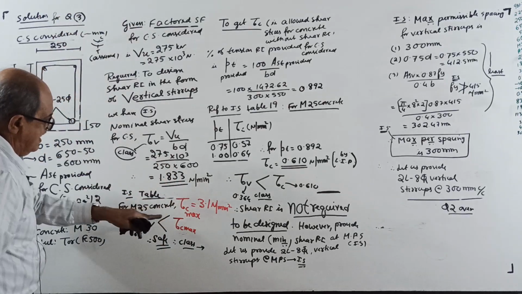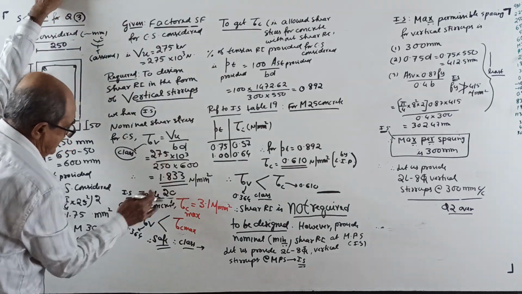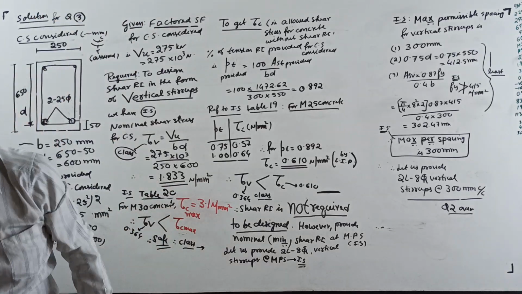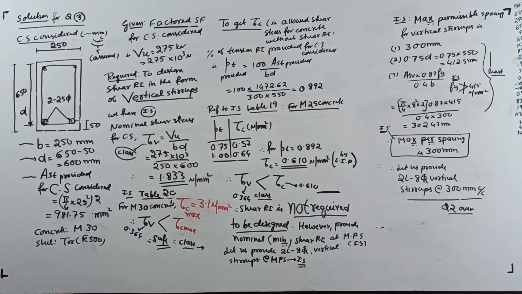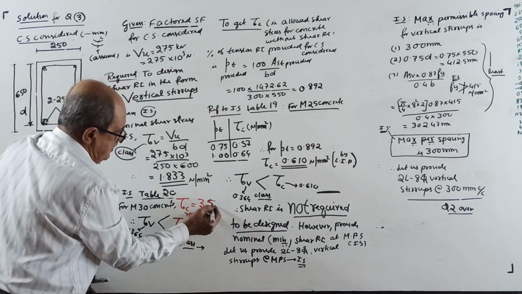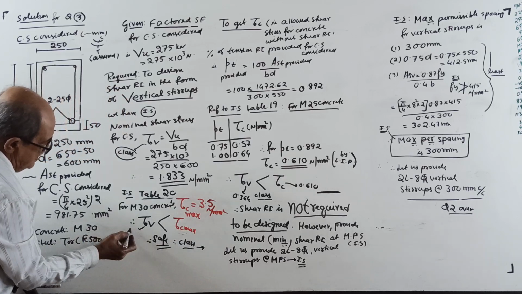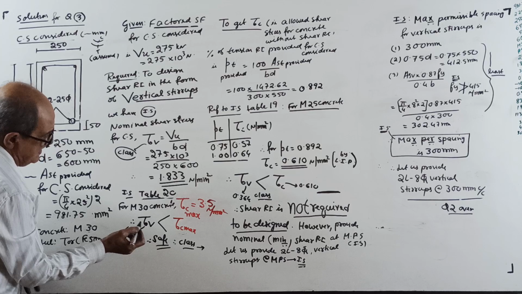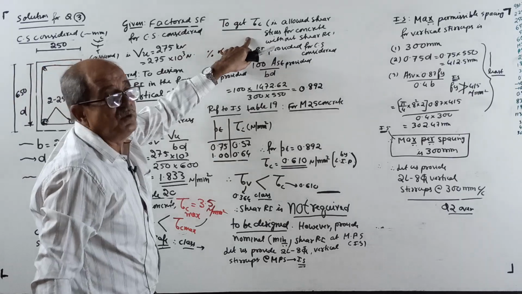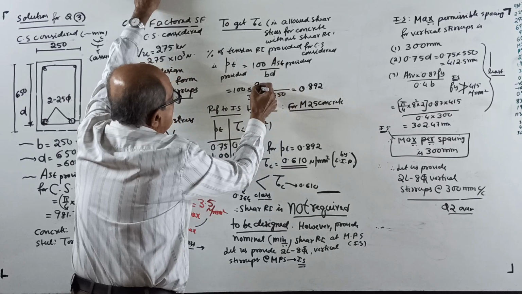Last time I forgot here. Table, no, it is table 20. Okay. Table 20 for M30 concrete. Tau C maximum is, I forgot the tau C maximum. See, I am very weak in remembering values. 3.5. IS code is ready. 3.5 Newton per mm square. Therefore, the shear stress coming is quite high actually. 1.833 is less than tau C max. It is safe. Continue. To get tau C, same way 100 AST by BD, just now explained, 100 into 981